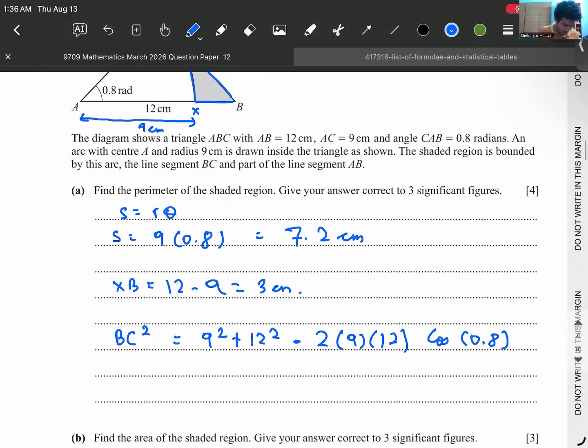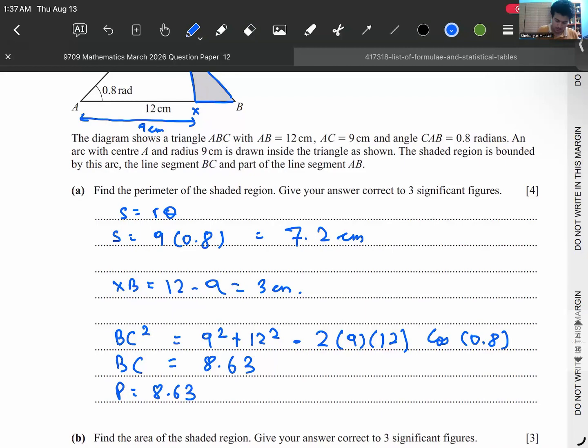So BC comes out to being 9 squared plus 12 squared minus 2 into 9 into 12 into cos of 0.8, right? Under root of this, BC is coming out to being 8.63. So the perimeter is just going to be 8.63